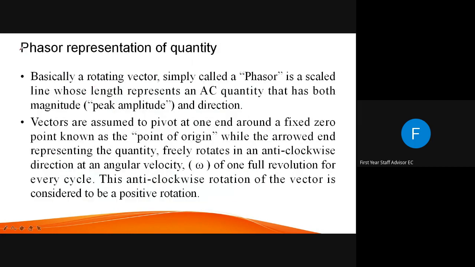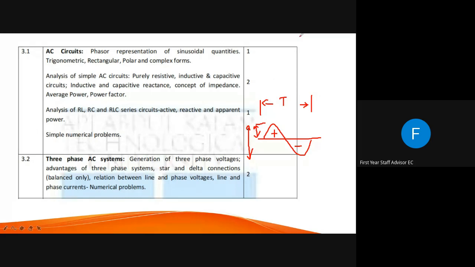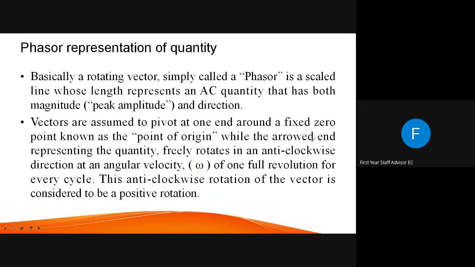Okay, we will start with this module, phasor representation of quantity. If you have such a waveform, for example, suppose this waveform is of voltage, and I have one more current waveform, something like this. When you are getting waveforms like that, it is very difficult to analyze what happened to input, what happened to output, what is the current, and how much variation is there in the current when you are analyzing with voltage. That kind of problem will come when you are analyzing AC quantity.